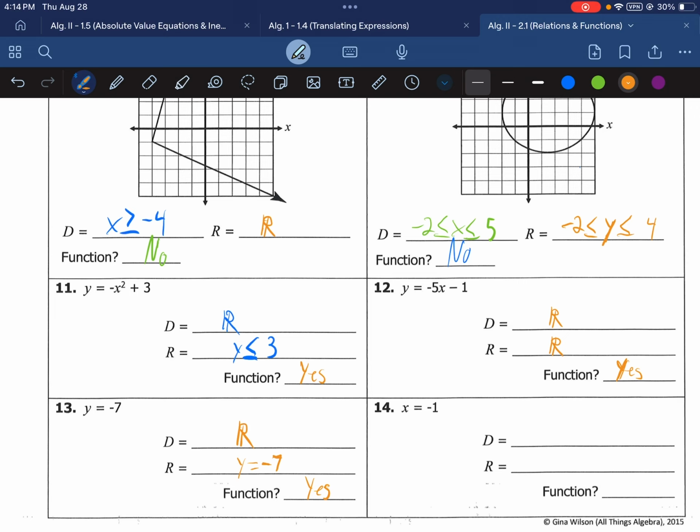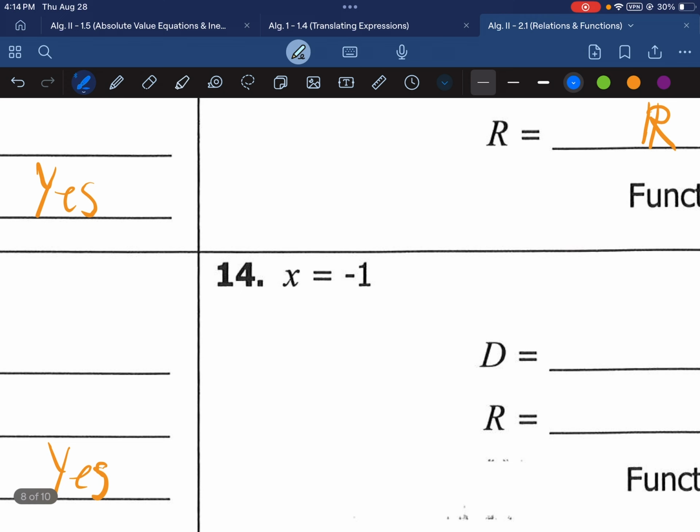Now x equals, on this problem number 14, we can't type x equals into this graphing calculator. You can actually on Desmos's graphing calculator, but we can't type it on these TI-84s or Calc 84s. Now, as we noticed, y equals -7 was a horizontal line where y is always -7. So if I just sketch a little graph here quickly,